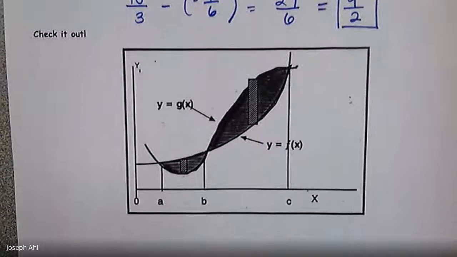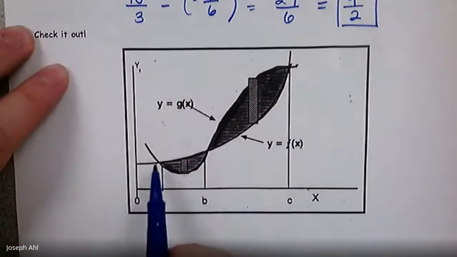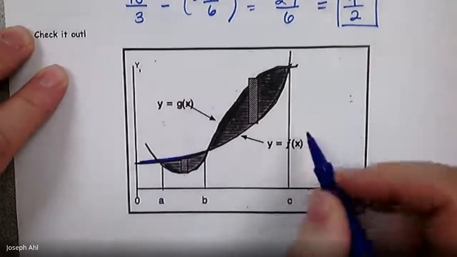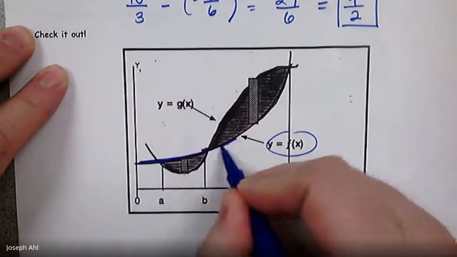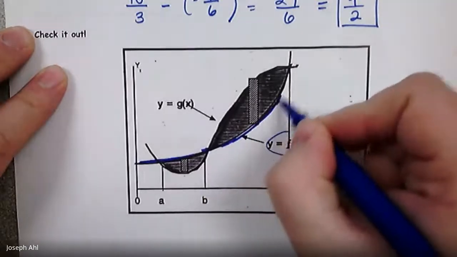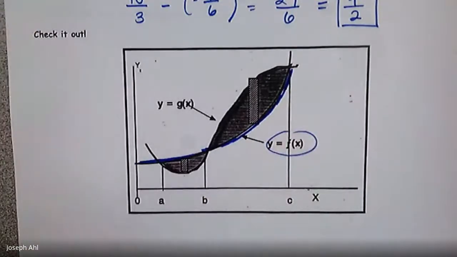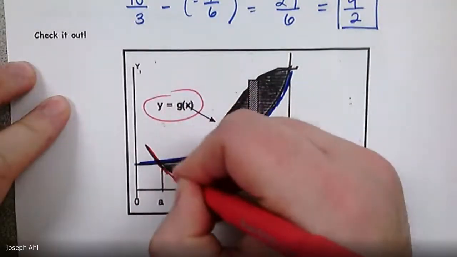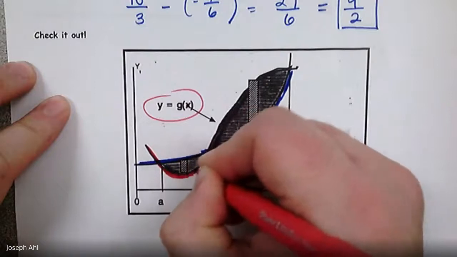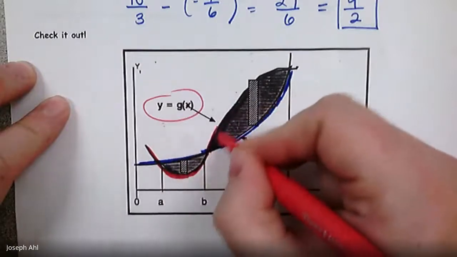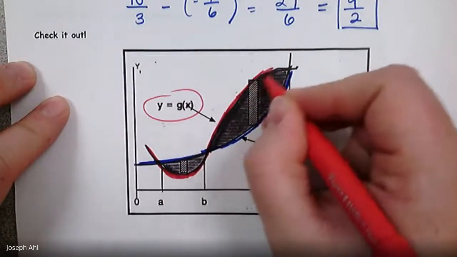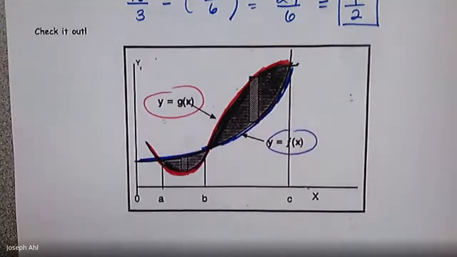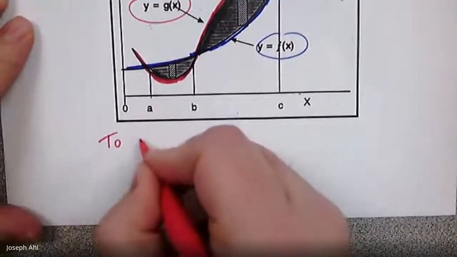Okay, so check this out right here. We have two curves, and it's a little bit tough to see maybe which one's which. So I'll try and highlight for you that the function f of x, I'm going to sketch in blue. It's this one right here. And then the function g of x, I'll sketch in red. And that's this one right here. And as I'm sketching these, I hope you see what I'm probably going to be getting at here. If you want to find the area between those curves from A to C, if that's your goal,